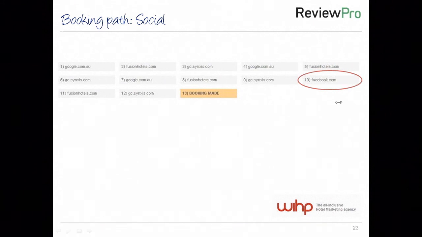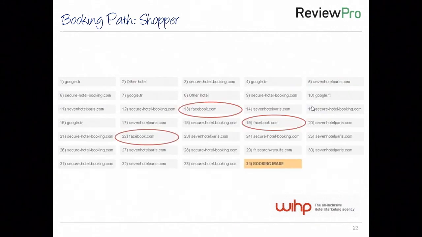As soon as it's up, there we go. He's coming from Google, he's searching, he's going to a hotel, and he goes on the booking engine, back to Google, etc., and then he's going to Facebook. And so on, this guy is shopping. You can clearly see he's checking several hotels, and on average, we see people